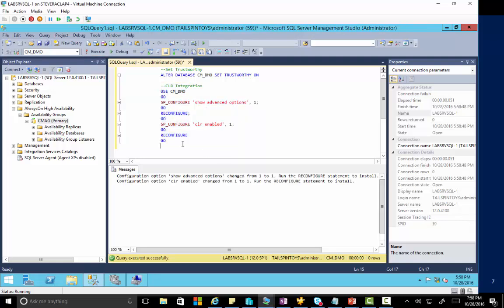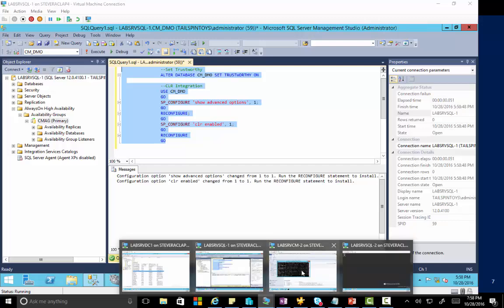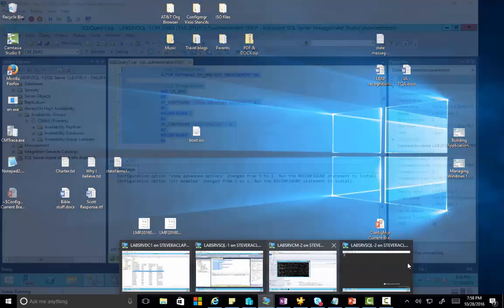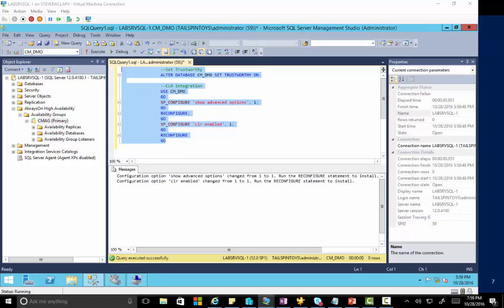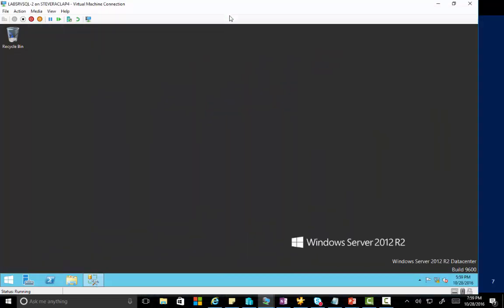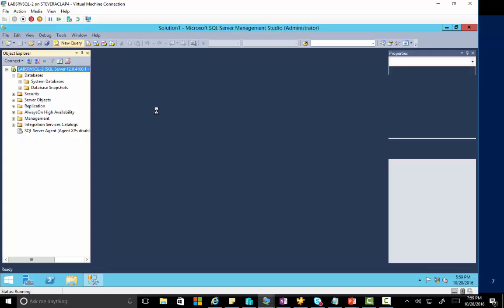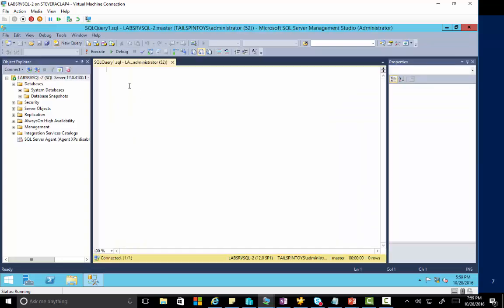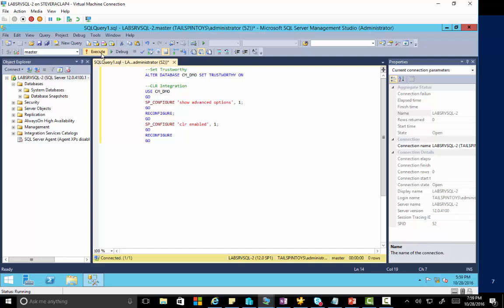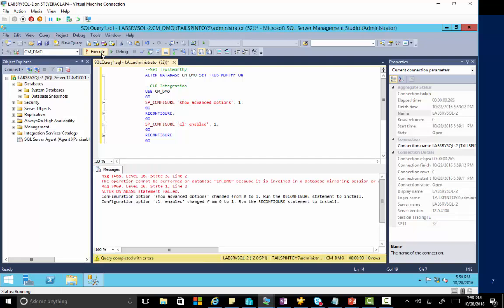So I'm going to go ahead and take this and copy it over to my other SQL Server, SQL Server-2, and run that as well. Oops, here that is. Pull that in. And let's do the same thing. New query. Paste that in, execute, and